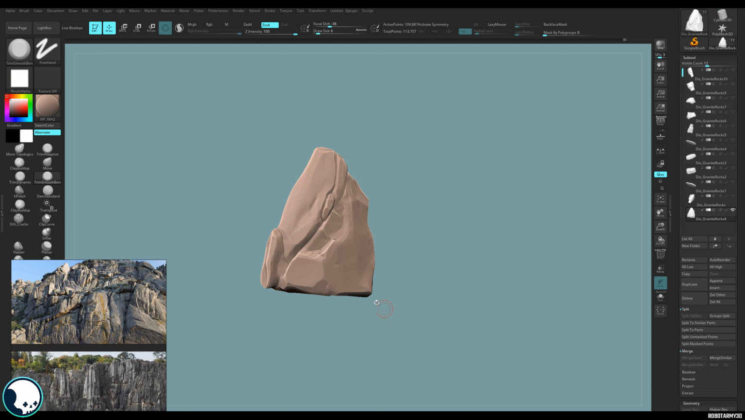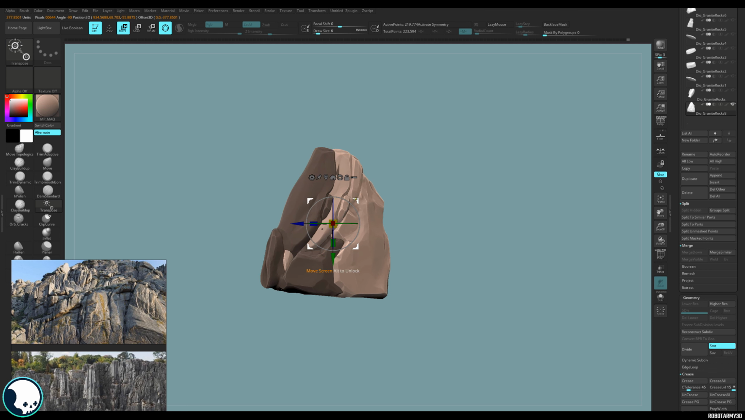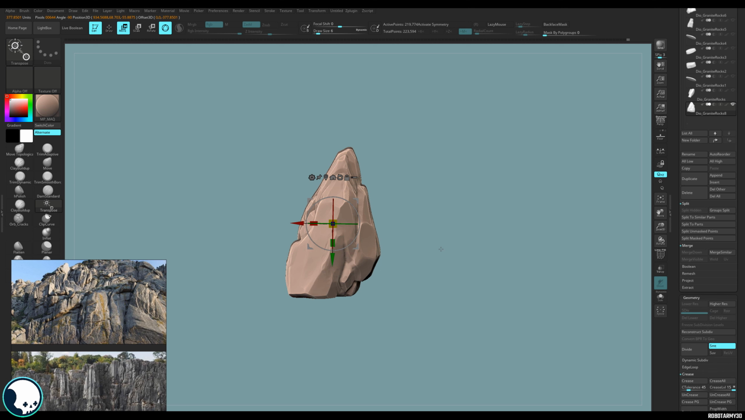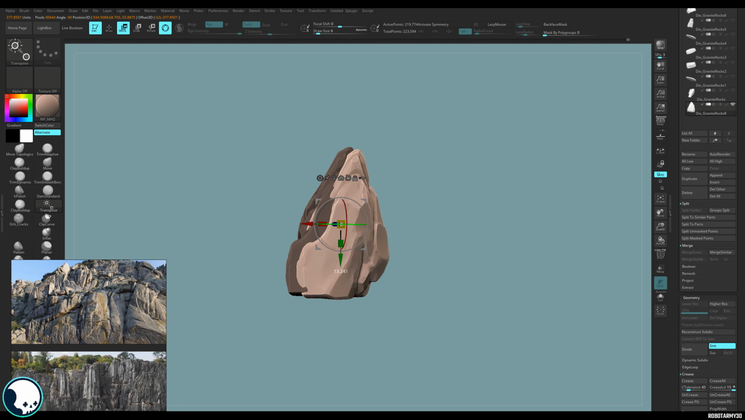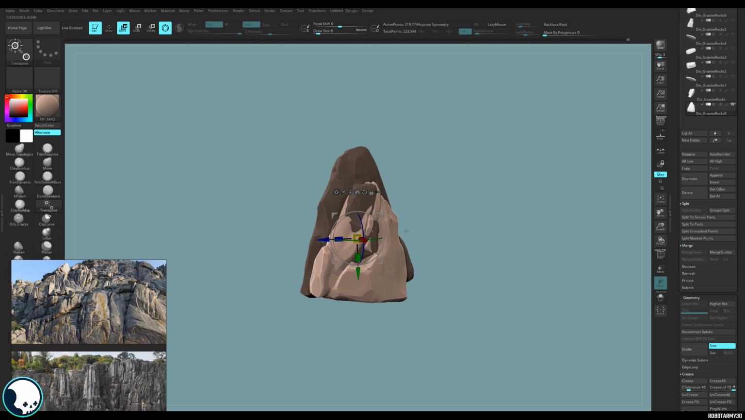And what I mean by this is, if we just go to the Transpose tool, make sure that we've not got any subdivision layers, just center that to the rock. What we can do is hold Control to duplicate that rock out, but on the same subtool layer. So we can move this, rotate it, and scale it and intersect it to start to create some more interesting